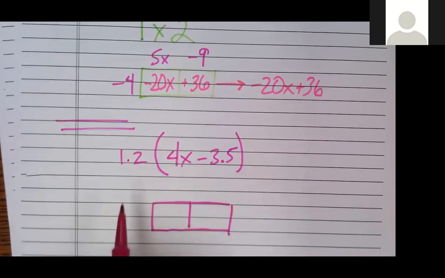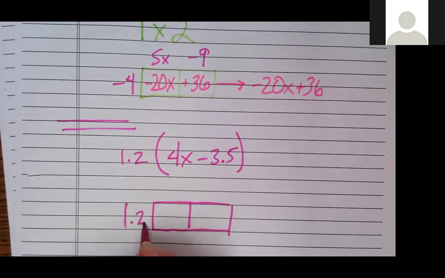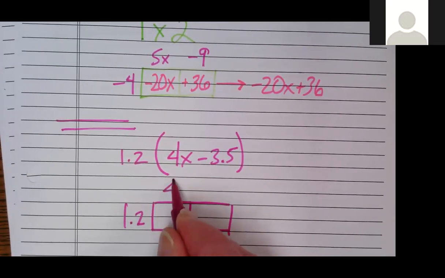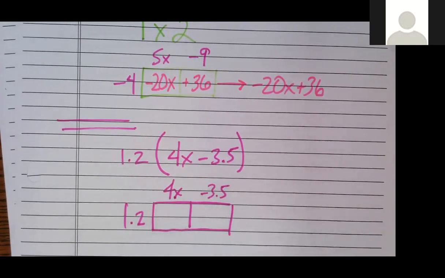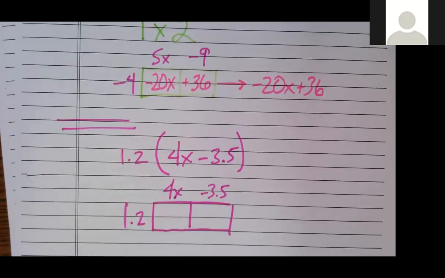When I set this up, you can tell me what goes out on the side here, right? What's this going to be? And settle down, Jemiah, it'll be fine. 1.2. And then across the top here, I'm going to have 4x there. I'm going to have -3.5 here. Now listen, all you have to do, and I'm telling you right now, you see my phone, I'm going to